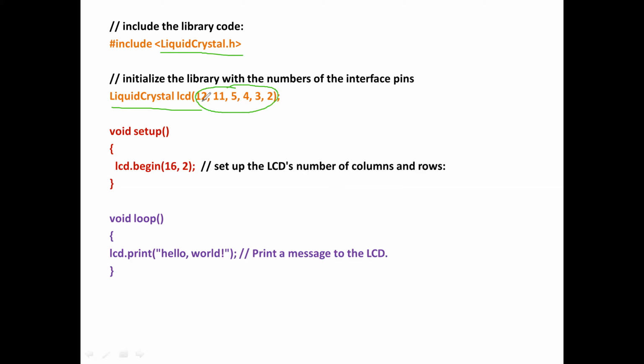That is, the 12th pin of the controller we are going to interface with RS, and the 11th pin of the controller with the enable pin of the LCD. And these particular 4 pins we are going to interface with the data lines of the LCD. So these particular pins we should give.